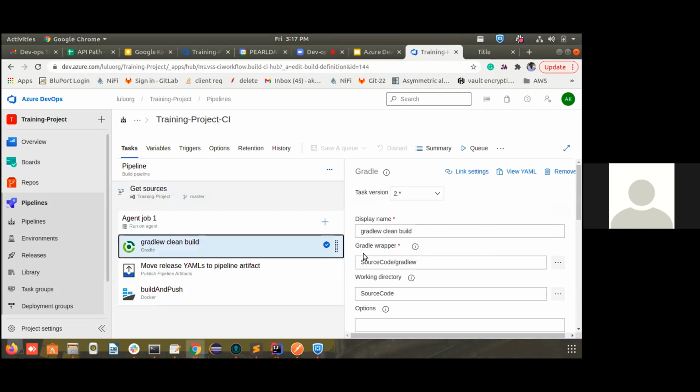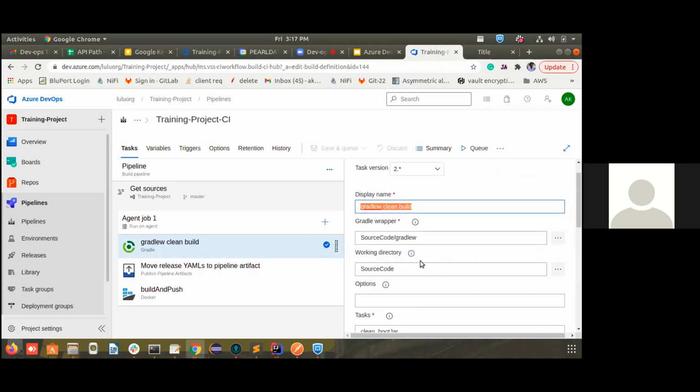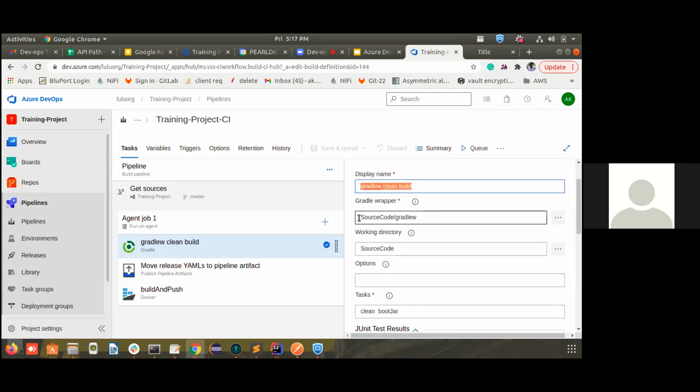So inside that build, you have to specify the common things that you know how it will be. So this is just a display name. You can give anything here. That doesn't matter. So I have used the same command here. That's all. So there is a Gradle wrapper. I have to mention where the Gradle wrapper is. Those who have built a Spring Boot application using Gradle wrapper know what this is. So inside the project itself, there is a Gradle wrapper available. You can use that wrapper to build the same project. So that's how the Gradle wrapper works.